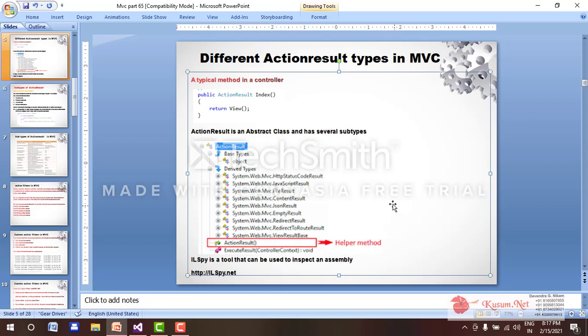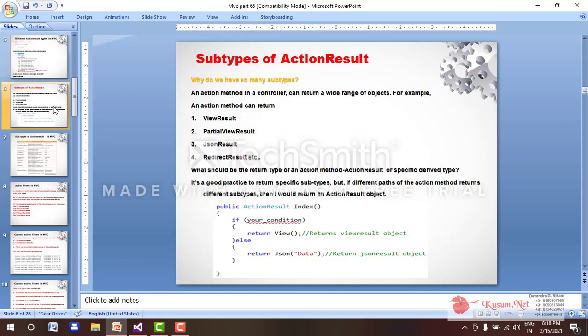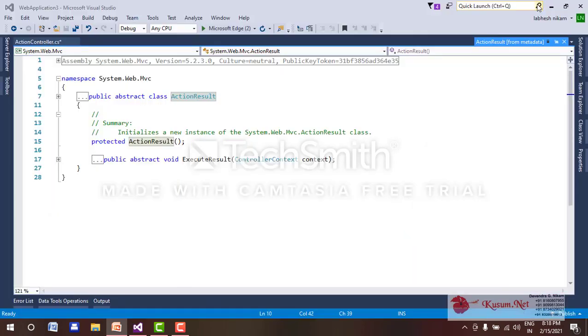If you want to see the basics of this, we can decompile the .NET Framework using ILSpy, a tool that can be used to inspect an assembly. Let's go to the website ilspy.net and download the code to decompile the .NET Framework code.